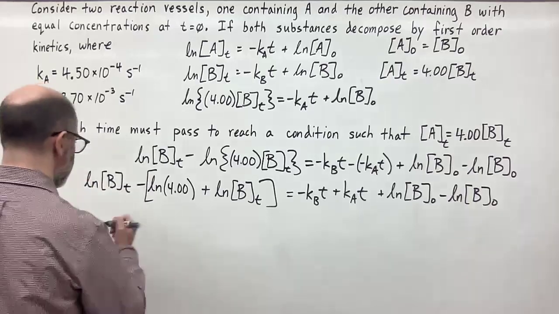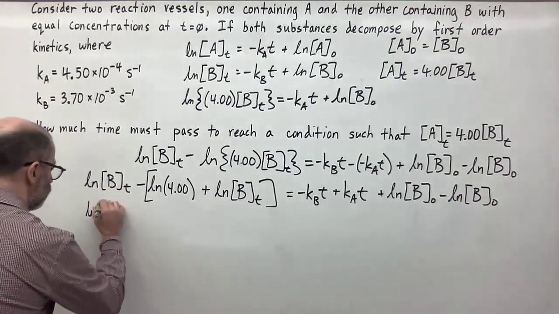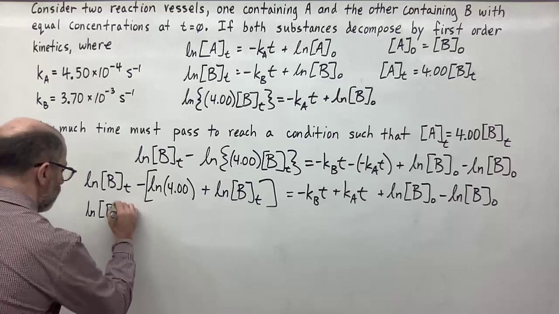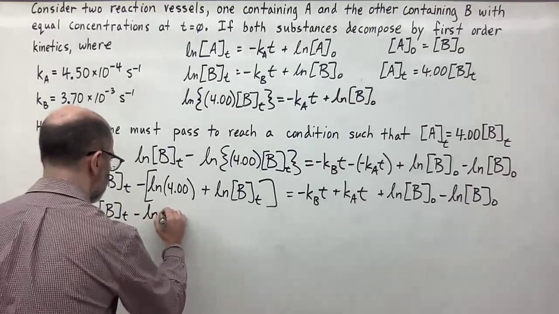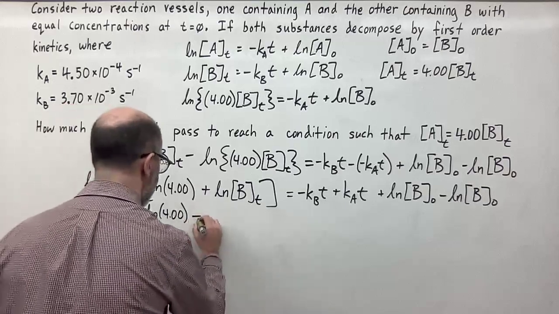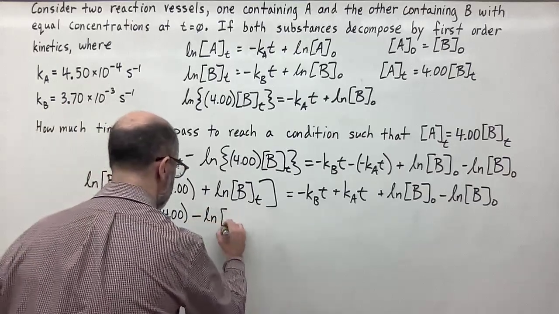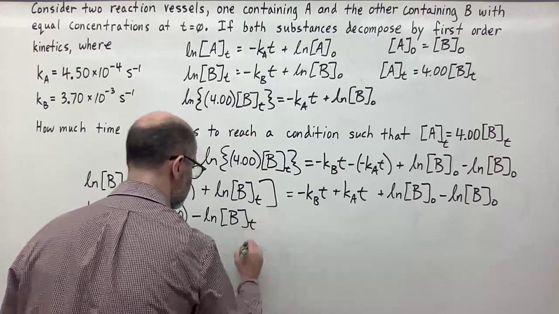Okay, so then if I write that, it's going to be ln of B at some time t minus the natural log of 4.00 minus the natural log of B, the concentration of B at time t,